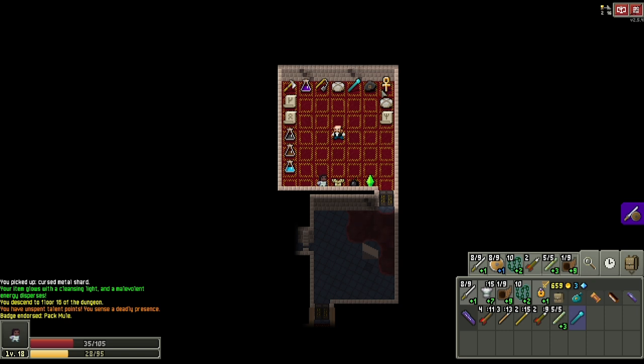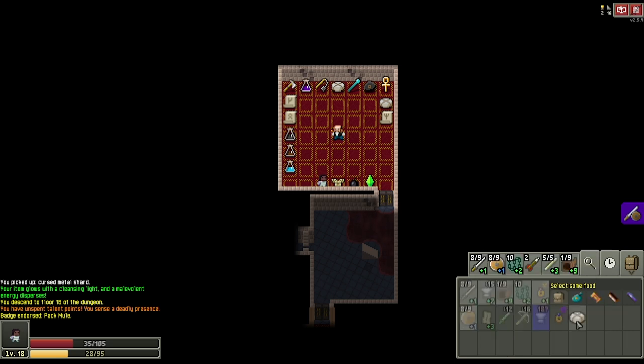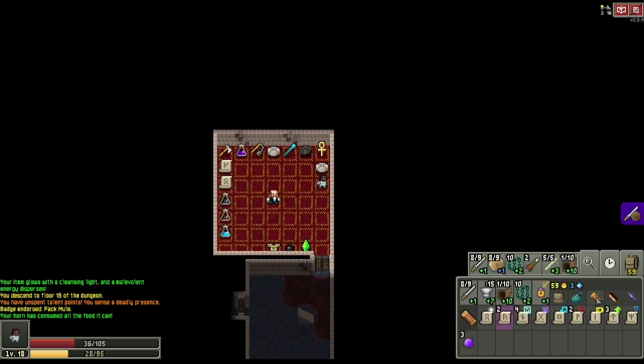I guess there is the Ankh technically, but I don't like the Ankh. I would rather play without it. Horn of Plenty. I think that one we picked up, yes. Our Horn of Plenty is at +10, so there's no reason to buy these field rations here. Flame Image. Actually, we might want to buy. Yeah, I'm going to buy that Identify scroll just so I don't have to wear the